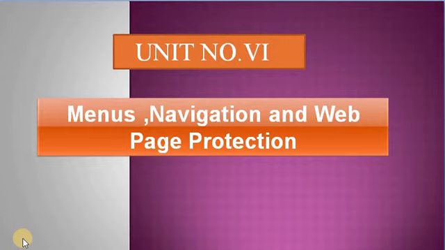In the previous lecture we discussed the point that is menu. What is meant by menu? A menu is an element that represents a group of commands that a user can perform or activate. A menu may contain multiple choices to select, and the user can choose one or more items at a time depending on the type of menu. How to create a pull down menu we discussed in the previous lecture. What is meant by pull down menu?